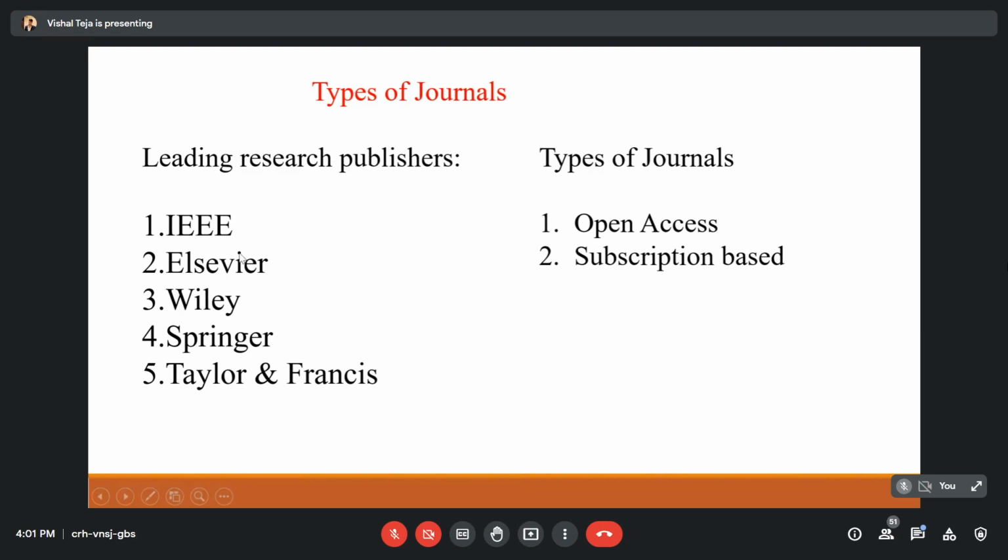So like this, in every publisher there would be some good journals available for one particular branch. I said this only for the EEE branch. I don't know about other branches. So in this way, we have five different publishers, and there are two types of journal. The first is the open access journal. In the open access journal, the same process is there, but